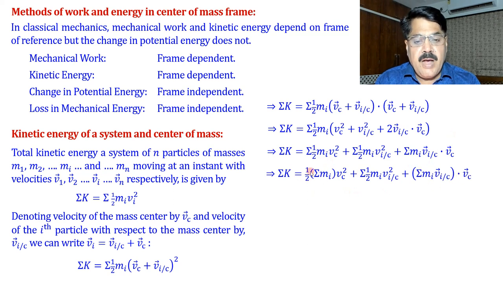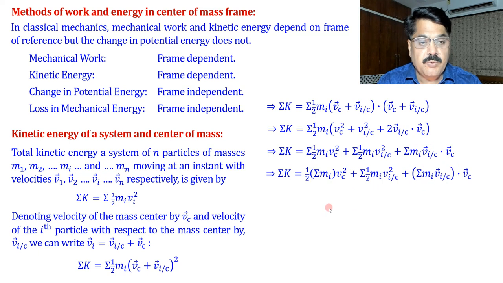So here half we can take outside of summation, and summation Mi and Vc square we can take outside summation. So here is a quantity under parenthesis, please take care of this. Again here Vc we can take outside of summation, so it is a quantity under parenthesis. As I explained, this is the total mass of the system. We denote it by capital M, and this is the total momentum of the system in the center of mass frame, and it is a null